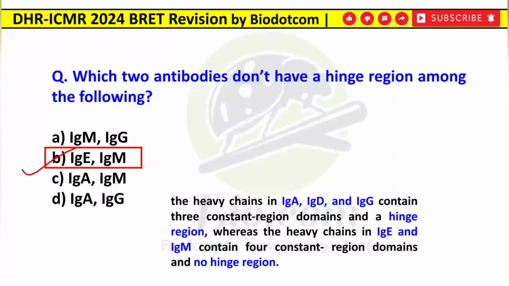इन दोनों के पास में ही hinge region नहीं होता है, and the heavy chains in IgA, IgD and IgG contain 3 constant region domains and a hinge region. यानी IgA, IgD और G में hinge region present होता है, but IgM and IgE में absent होता है. So this question can definitely be asked in your